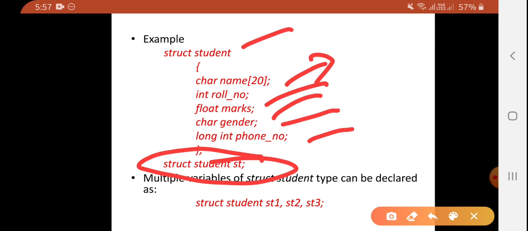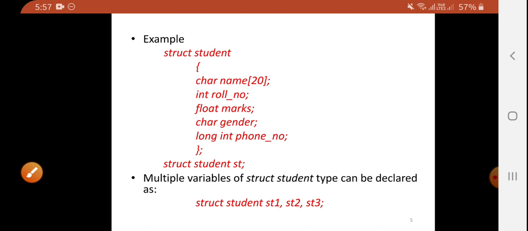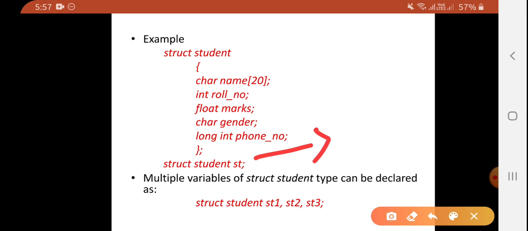So what do we have to write? struct student s1. You can write this in main or before your main. If you write it before main, then your variable is global. If you write it inside main, then it's a local variable. Okay, you can create multiple